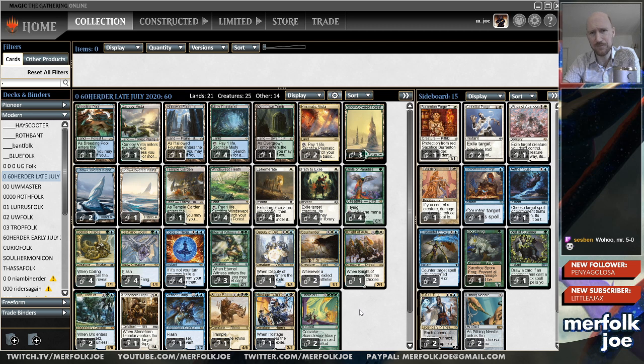What else? Two Soulherders feels fine. If they exile one of them, we can go get another one. That's really the argument for running a second one, I think. It's not that we necessarily really want to get two on the board or something like that. It's just